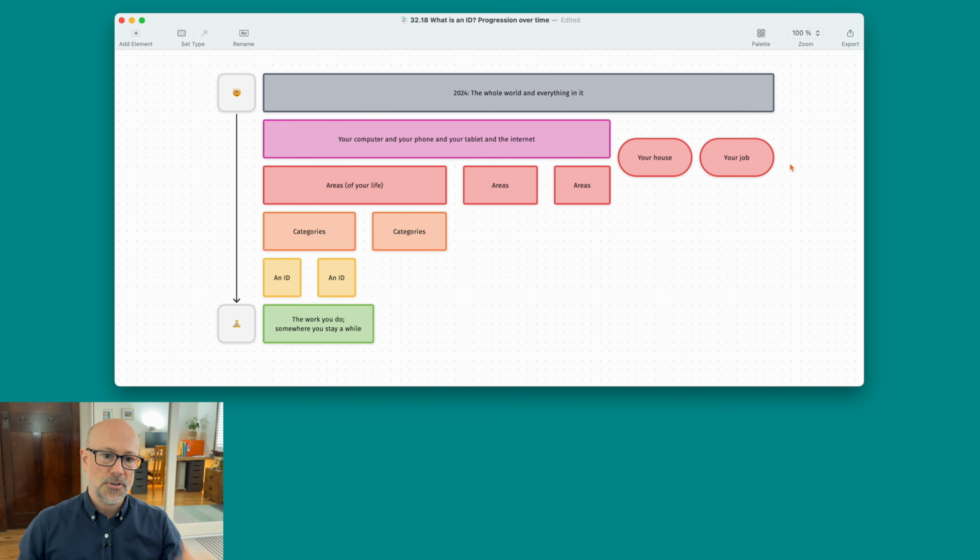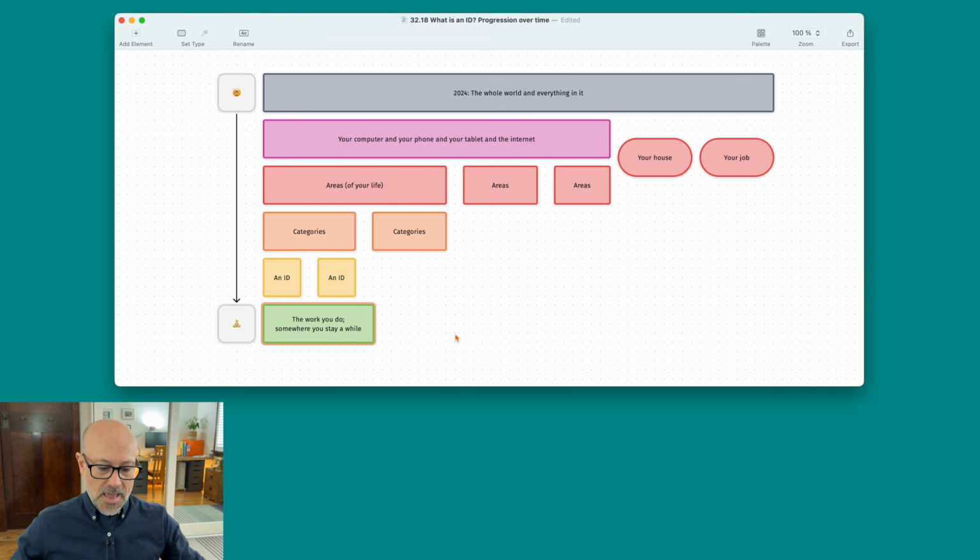And so everything's kind of been lifted up a level, and you've got your house and your job and all that sort of stuff. So now, areas of your life, Johnny.Decimal areas, and then we've got categories, and then we've got IDs. And so what I think it is that the concept of an ID has expanded, because an ID in my mind is now the place where, if you sit down to do some work, sorting your 10-year visa for China, sorting a complicated American healthcare insurance, figuring out when you watered the plants, whatever, an ID is the